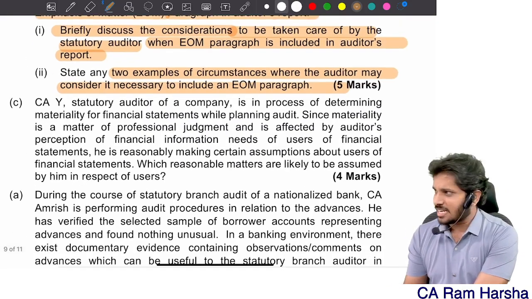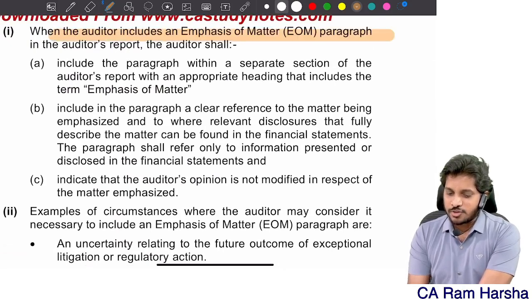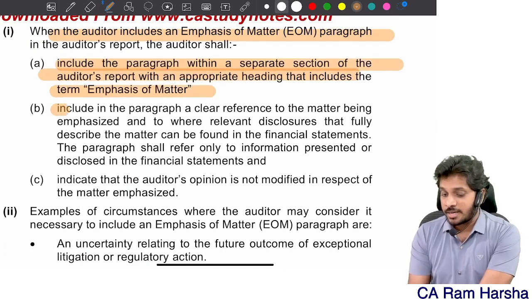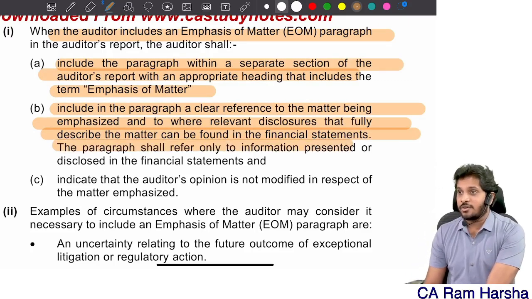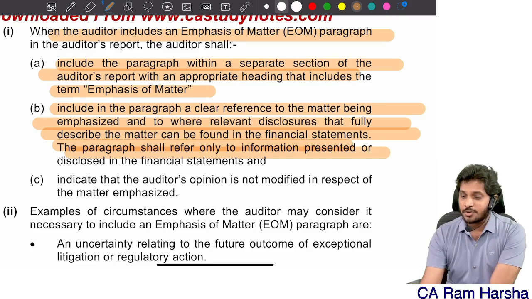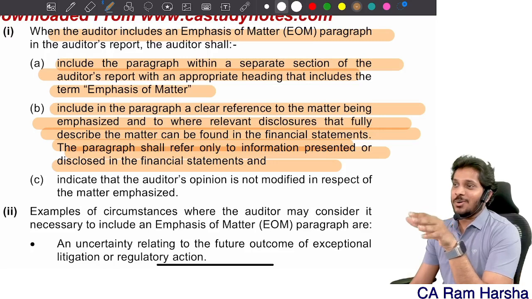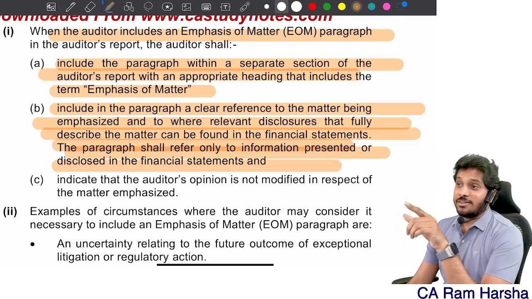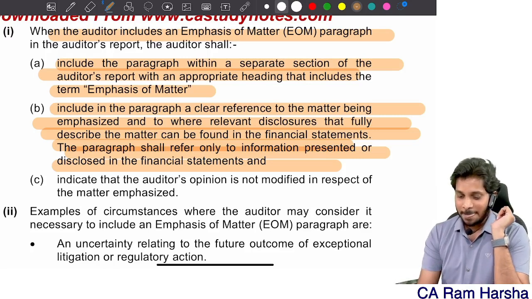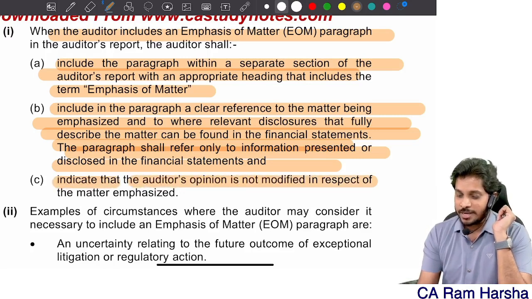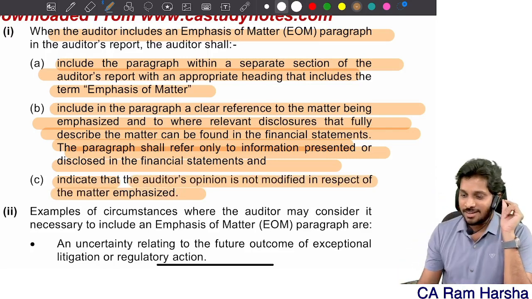See, I'm not reading that answer. So when the auditor includes emphasis of matter, include a paragraph with a separate section titled emphasis of matter, with clear reference to the matter being emphasized, and 2, where relevant, disclose where the full description of the matter can be found in the financial statements. The paragraph shall refer only to the information presented or disclosed appropriately in the financial statements. Indicate that the auditor's opinion is not modified in respect of the matter emphasized. You know this,